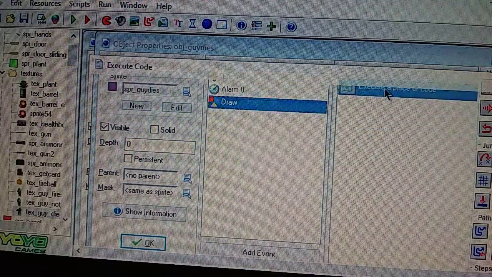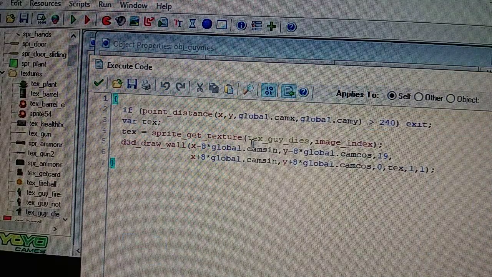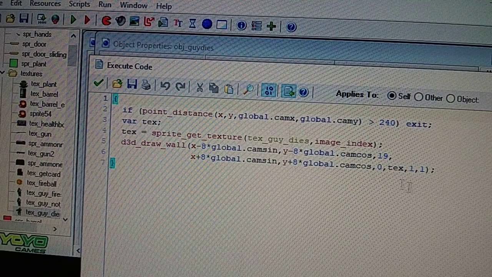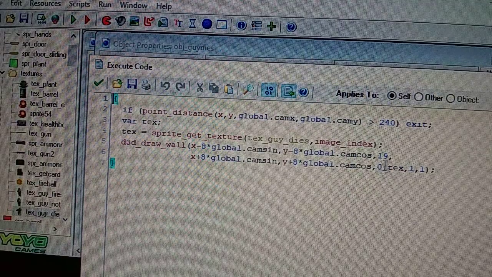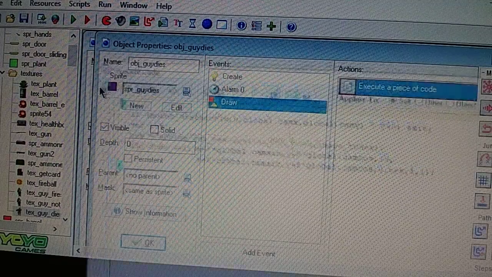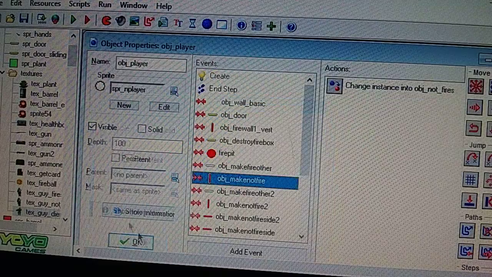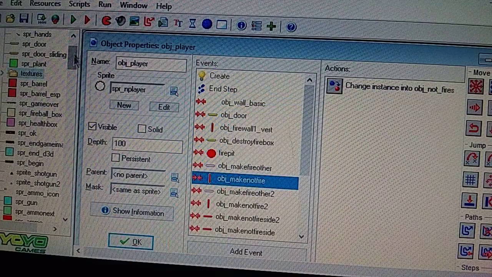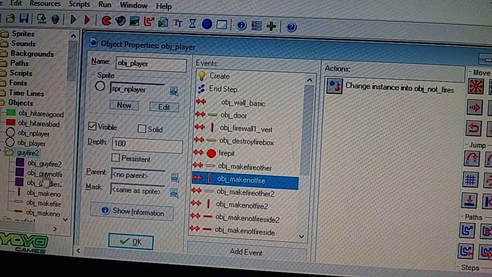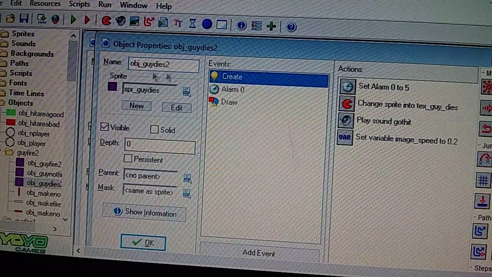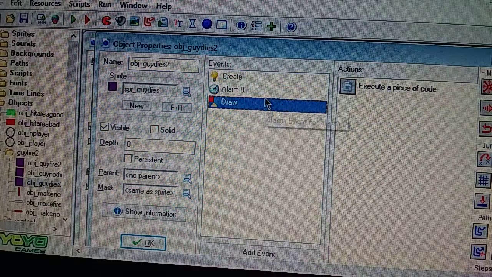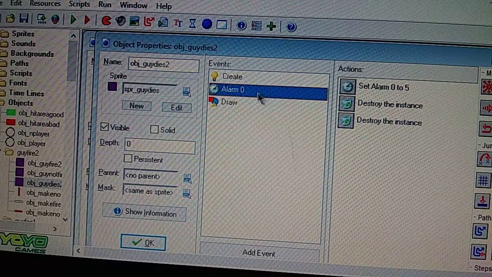Then the draw event is going to show the image, the text_guy_dying. And then, like I said, the 0 is set to, so he's at the floor range, so he's not in the air. And then, like I said, for the guy firing 2, there's also object guy dying, but it's called 2. And I just repeated the process, but in alarm 0,